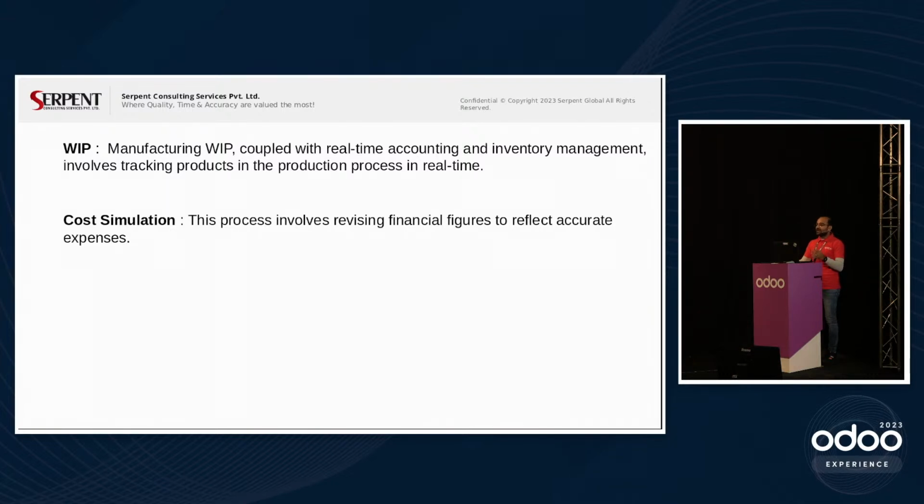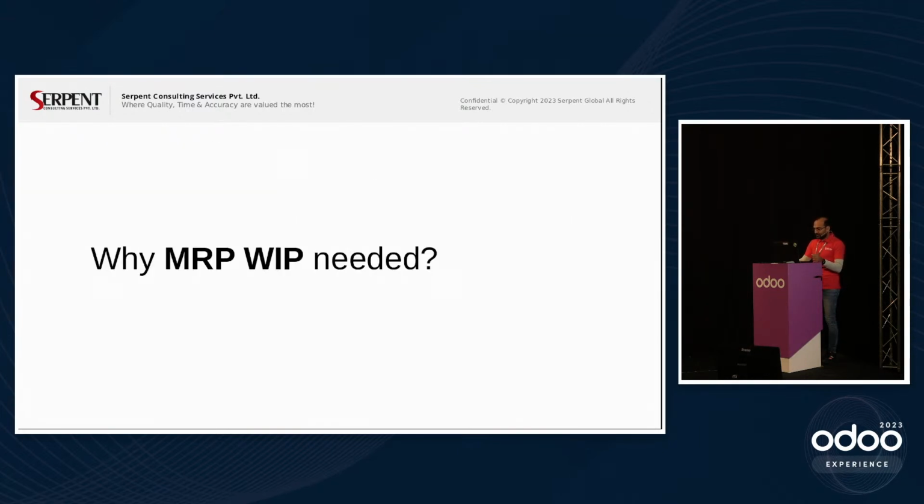A manufacturing manager, a production manager always wants to know dynamically, at runtime, what is my cost effect, what is my variance effect. So our module addresses all three cases: having a real-time check on the change of a quantity, the duration of the finished goods, and the cost impact. That's what we are going to see.